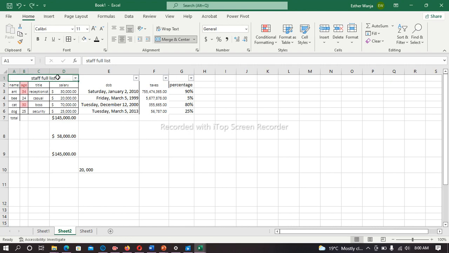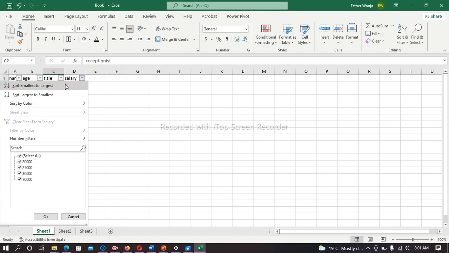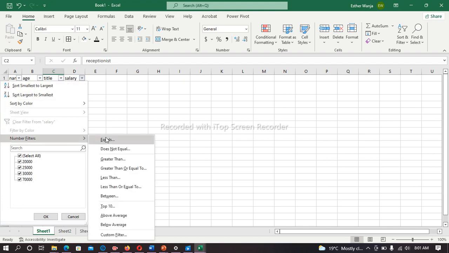No, let me use this sheet. Now if I want to filter, I'm going to click on filter. This bottom arrow appears everywhere. If I click on it, it shows me number filters: equals to, does not equal to, greater than or equal to, less than, less than or equal to, top 10, average, above average, custom filter. So if I want greater than,